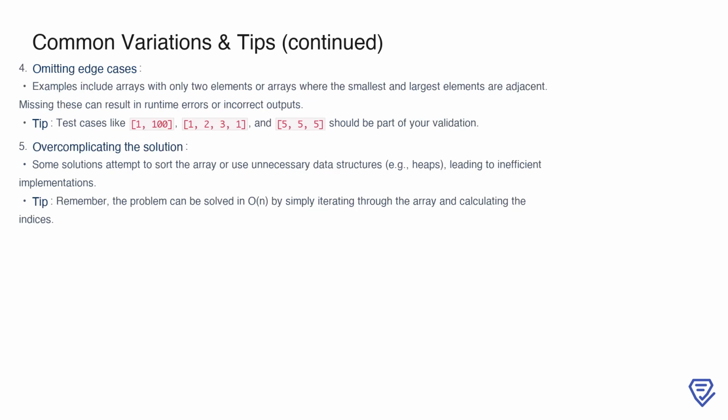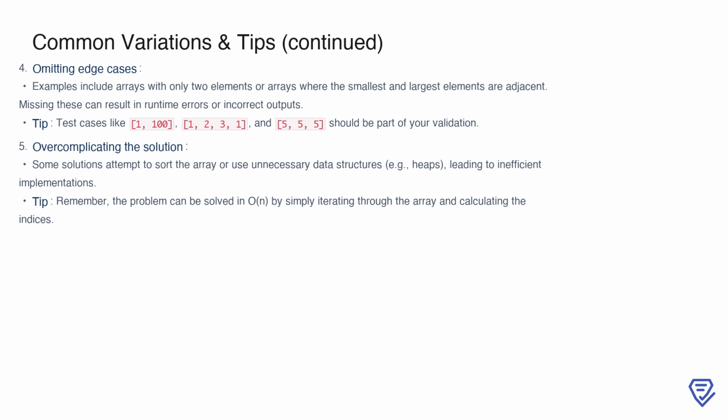In addition to those mistakes, it's easy to overlook edge cases. For instance, what happens if the array has only 2 elements, or if the smallest and largest values are adjacent? These scenarios can break your solution if not handled properly. Test cases like [1, 100], [1, 2, 3, 1], and [5, 5, 5] are great for ensuring your implementation is